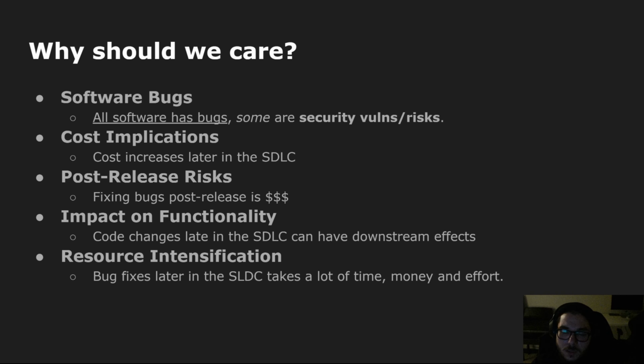As I kind of alluded to earlier, the cost associated with identifying and fixing bugs increases throughout the software development lifecycle. As a product is released through those iterations, it just costs more money. Addressing bugs after a code release or after an application release can be so expensive and so time-consuming and very risky. I think everyone here who's worked on an application or a project knows that modifying code to resolve one bug can cause other bugs, and security findings are just bugs. So patching one security bug can lead to other security bugs.